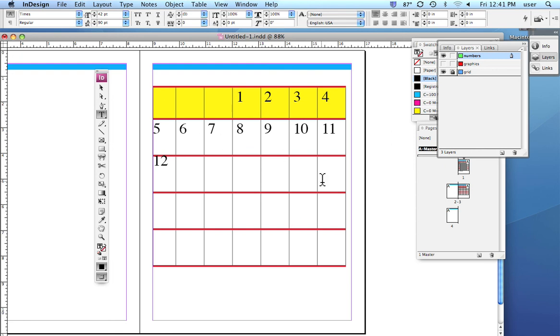But essentially I did one grid with all the numbers 1 through 31 on the master page. I set up the tabs so that they line up properly, and then I simply go to the individual pages or the individual months on the pages of my calendar, and I can bump them forward or back as